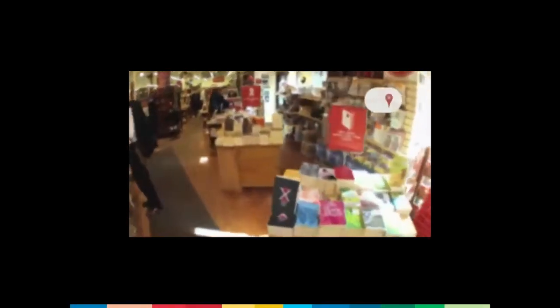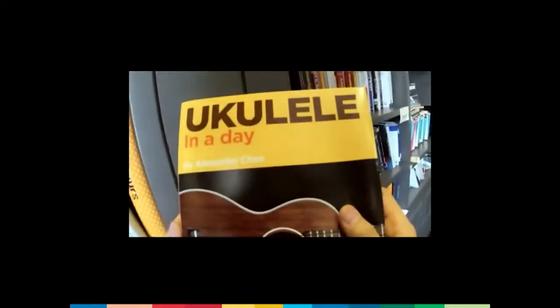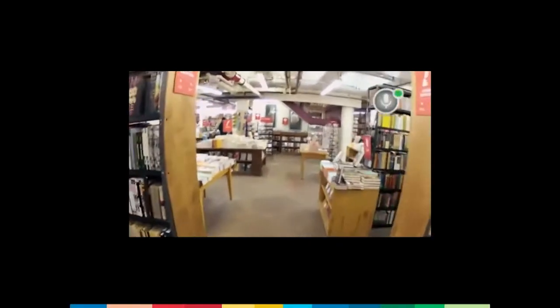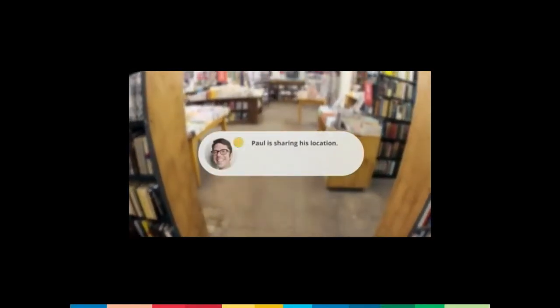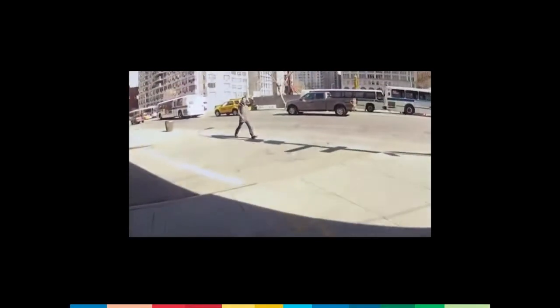Again, they're booking a ticket to a concert. It's not having to say where that concert's taking place. We're just doing the recognition of there is a concert happening. How do I book tickets? Indoor mapping here. Where do I find books on how to play the ukulele? Indoor mapping is key to that. His friend's sharing his location, so he wants to meet up at a coffee bar. Again, this is making use of the location of both these guys and the location of the coffee bar to